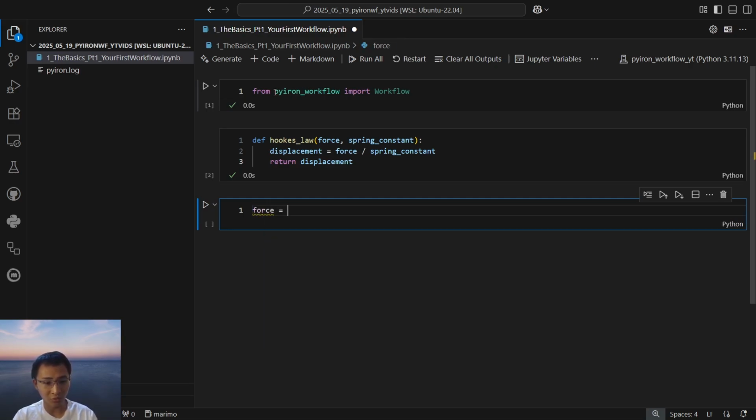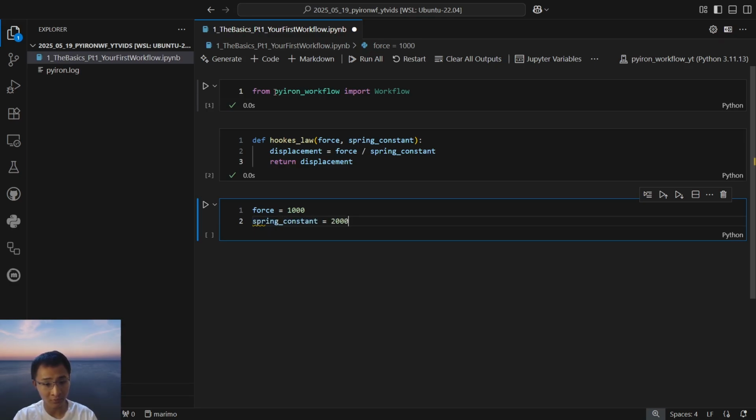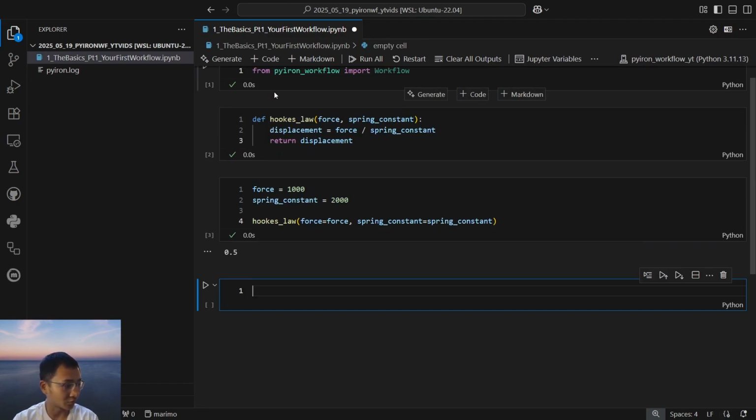And to call it, we can assign some arbitrary variable constants. Force equals force, spring constant equals spring constant,